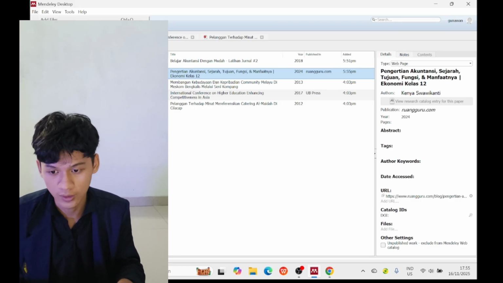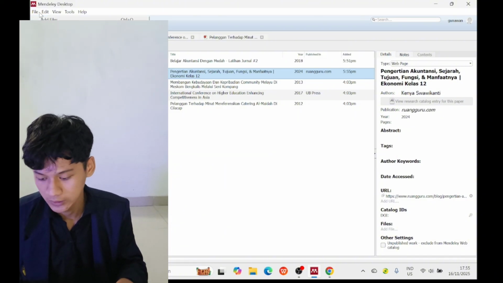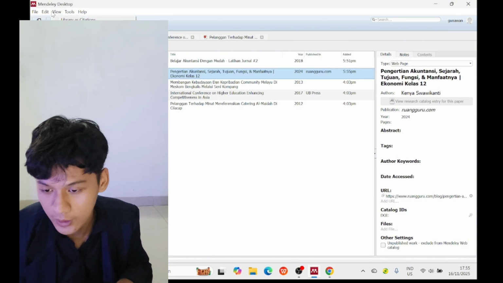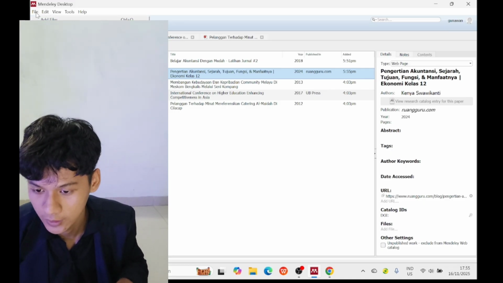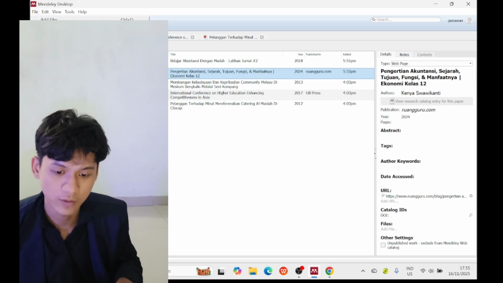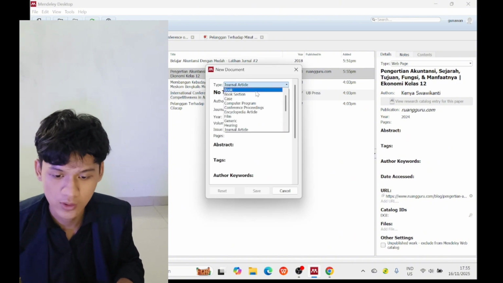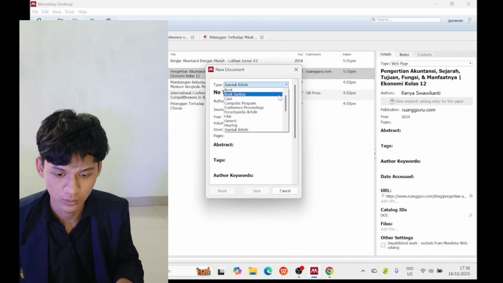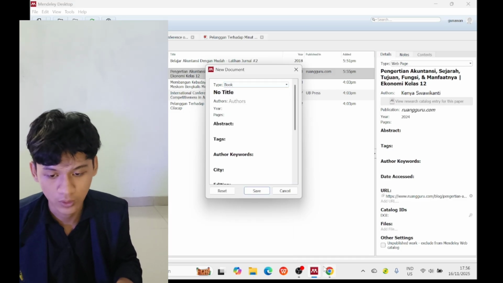So first I will tell you about Google Books. We'll search this from Google. We add entry manually. Choose the type books. Okay, open Chrome or Google.